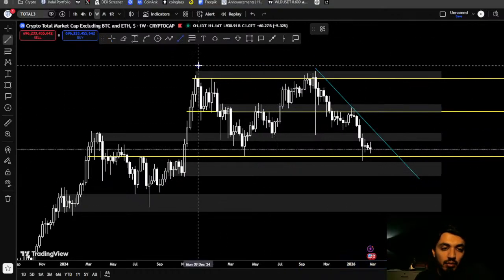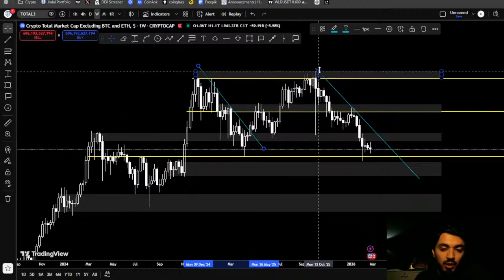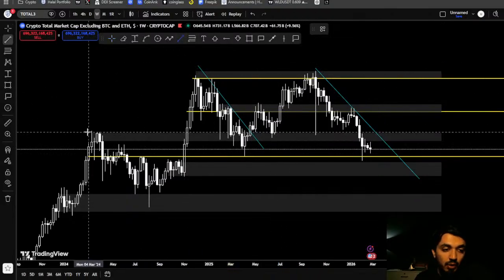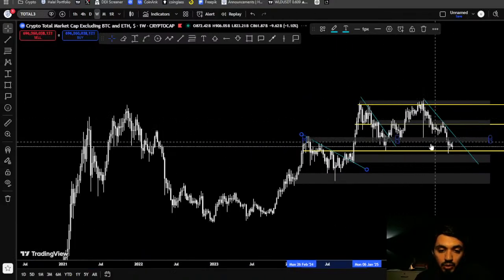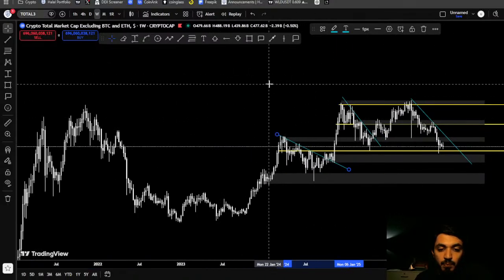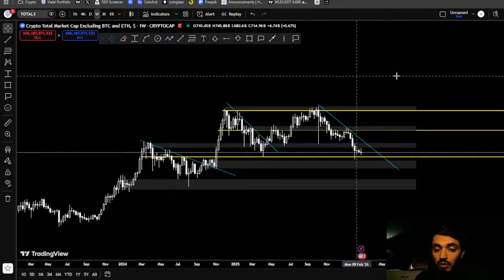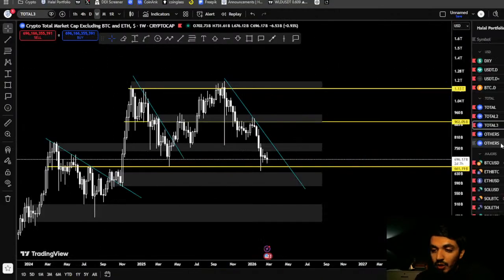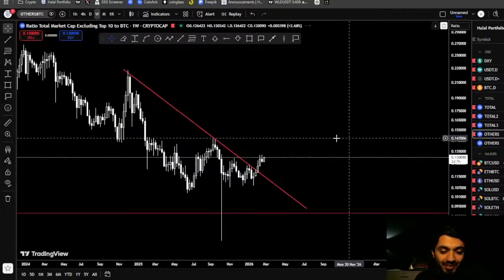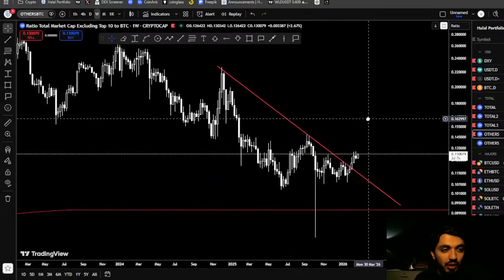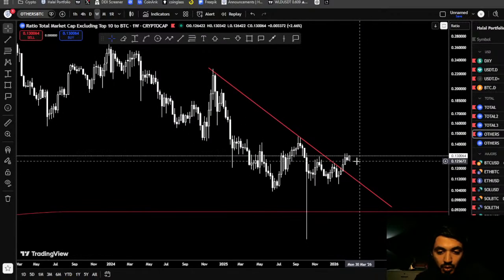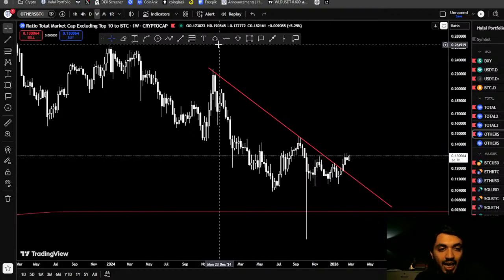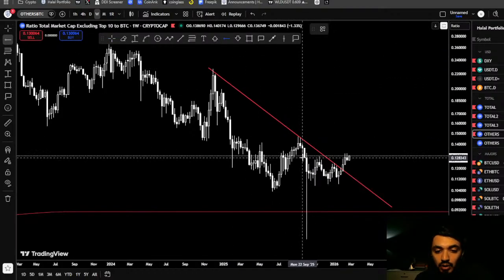You can see that every time it did flip a trend like this, we had some sort of rally, but there is no break like that. We're just trending downward for now. So that's the thing. We are in a bear market, but nobody wants to accept that. Okay, others, which is excluding top 10, you can see that that is a little bit strong, but it also hasn't broken this